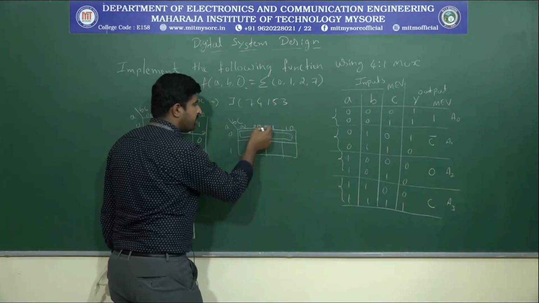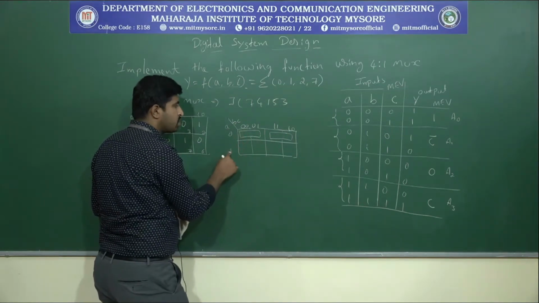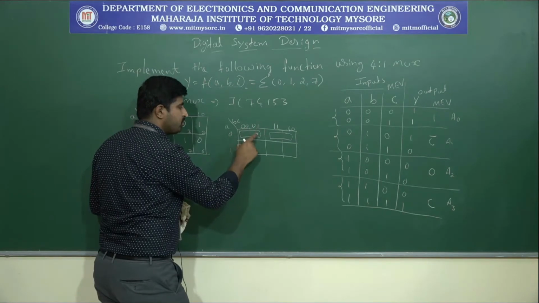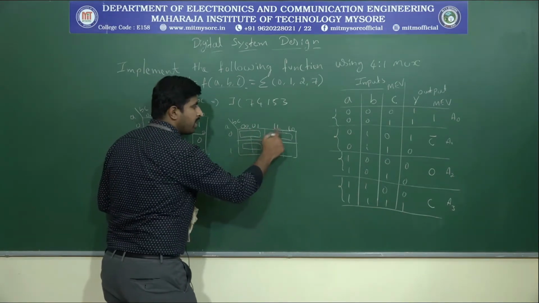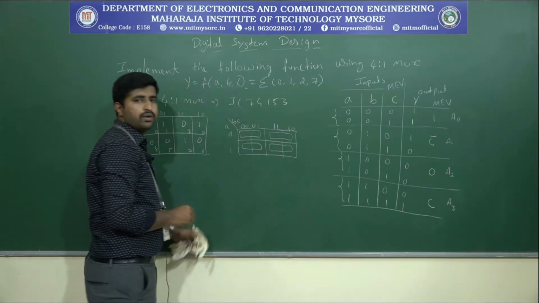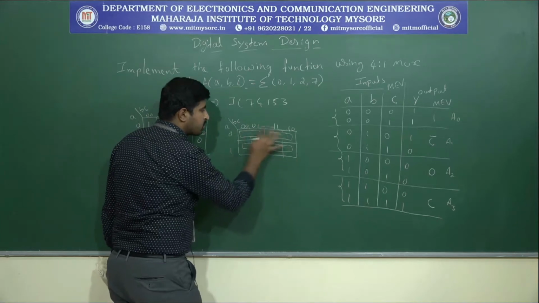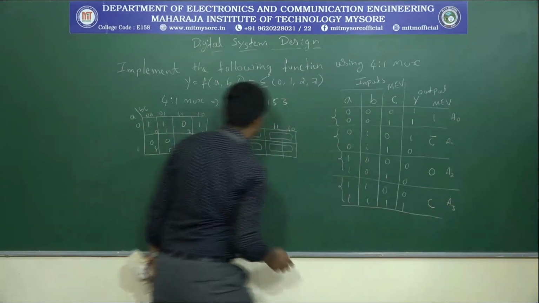So C will vary. Okay. So next, when A equals 1, again B will have 0, 0 here. So let's combine these two cells, and A equals 1 and B will be 1, 1. So let's combine here actually. Okay. So this corresponds to these 4 values related to A0, A1, A2 and A3.